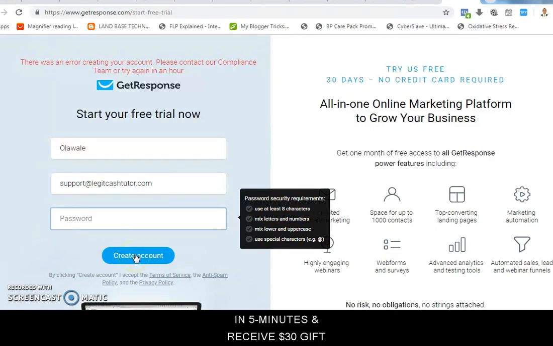Once you create the account, there will be a confirmation link sent to your email. Then go ahead and confirm it. After you've confirmed it, in your dashboard you will see a place where you will be asked to verify your identity.